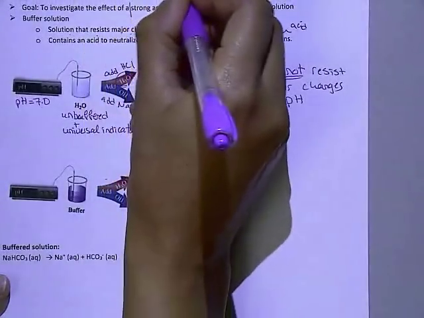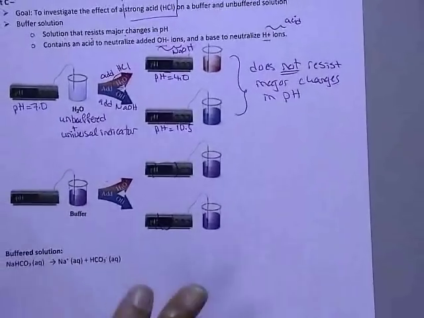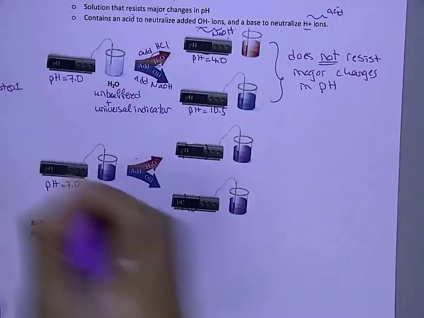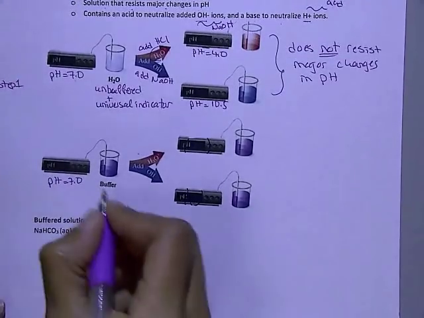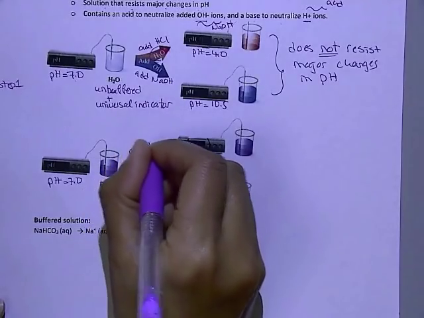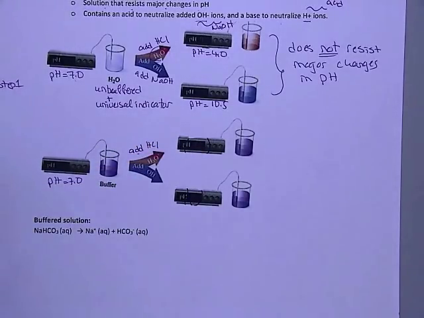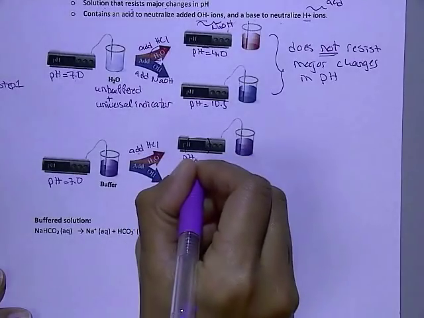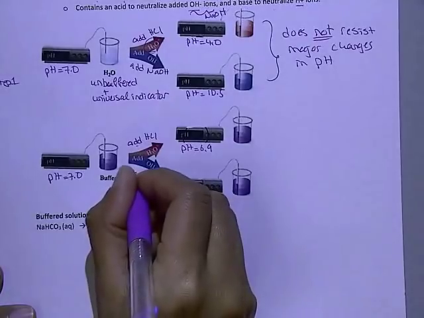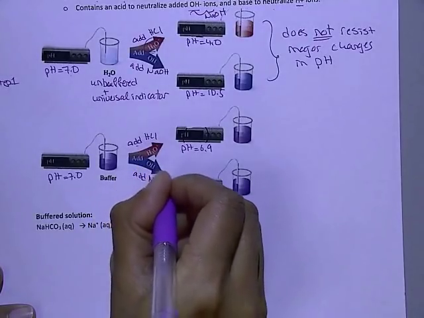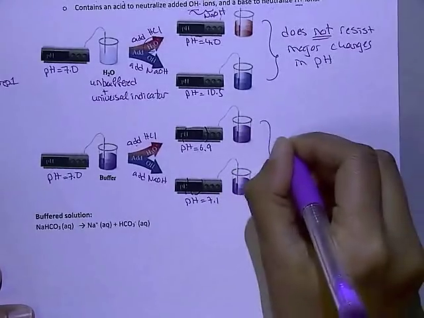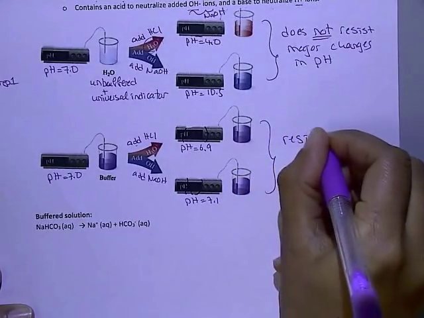And in lab, you're only looking at the effect of a strong acid. You're not looking at base this time around. So now let's look at if you had a buffer solution. So again, it's around neutral pH. Your buffer solution, if you add an acid to it, so in lab, you're actually adding HCl, if you're measuring the pH, that pH will be very, very similar. And if you add a base, so let's just say if we added sodium hydroxide, that pH will also be very similar. So here we see the buffer solution in fact resisted